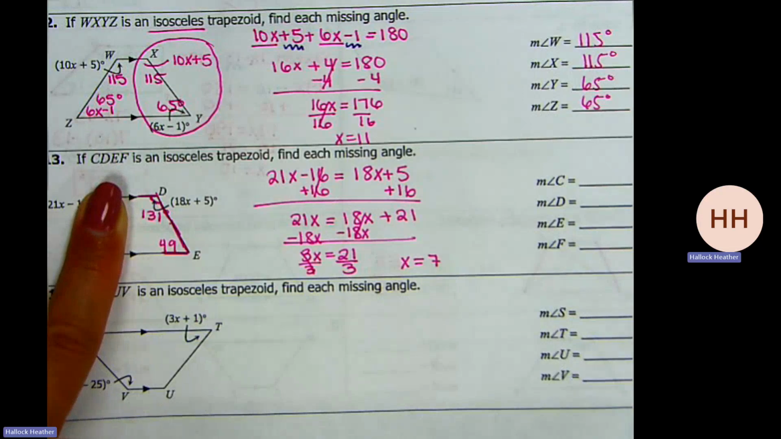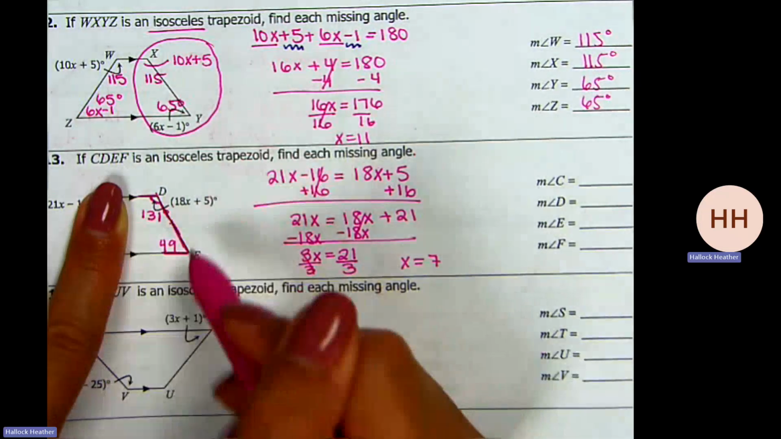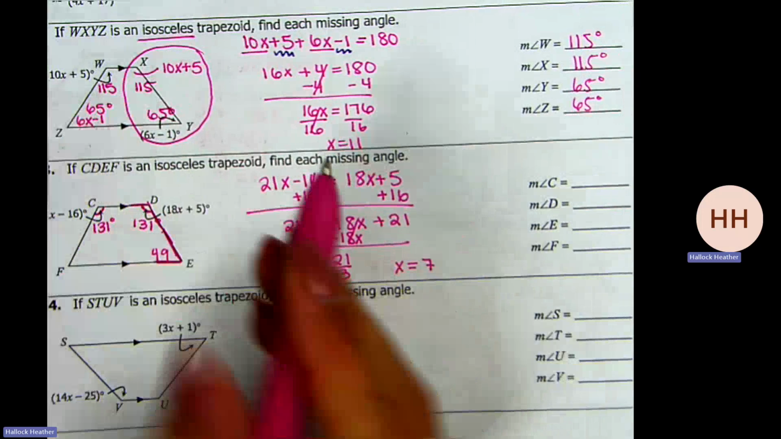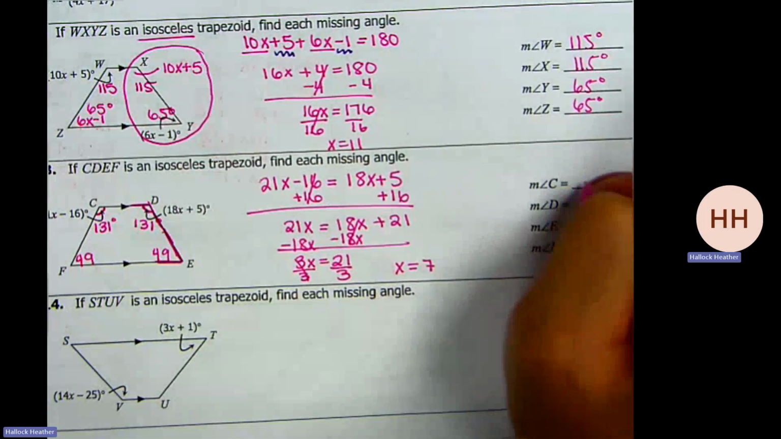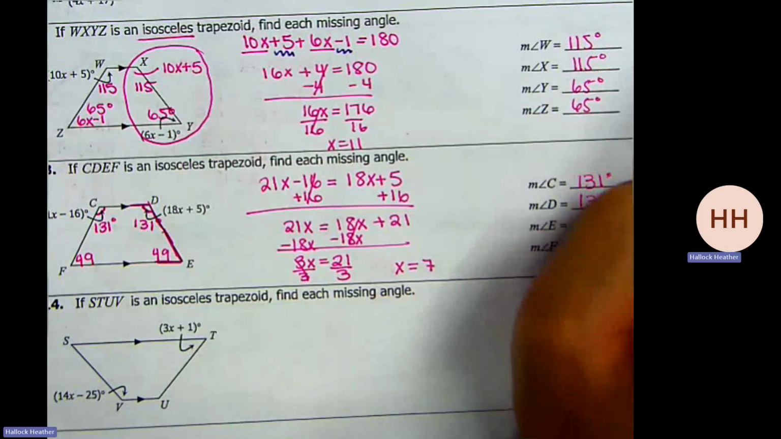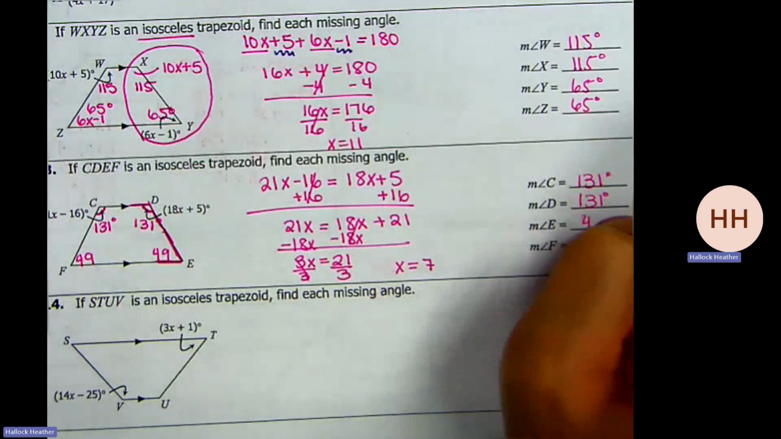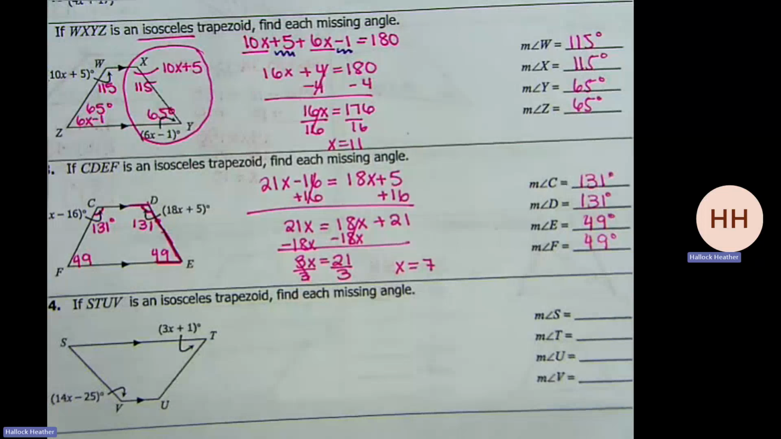Okay, anyways. So because these sides add to make 180, I use subtraction, and that means 49 is also over here. So I'm going to fill it in over here. So C is 131, D is 131 degrees, E is 49 degrees, F is 49 degrees. So the trapezoids are not nearly as bad as